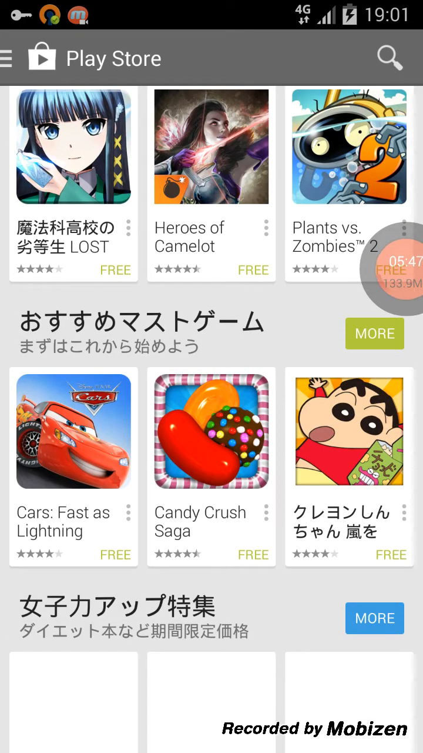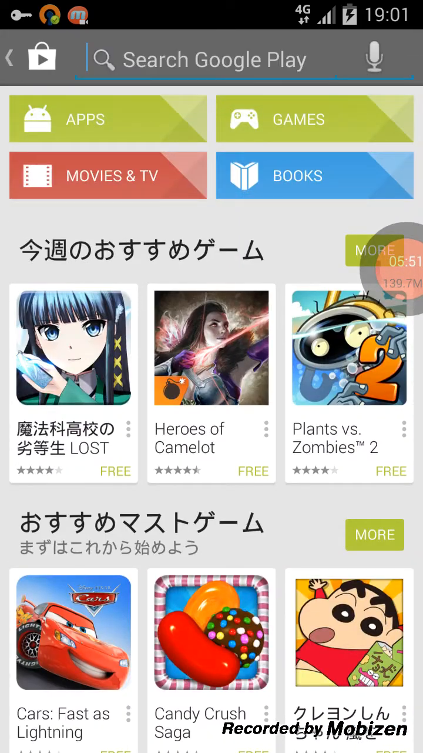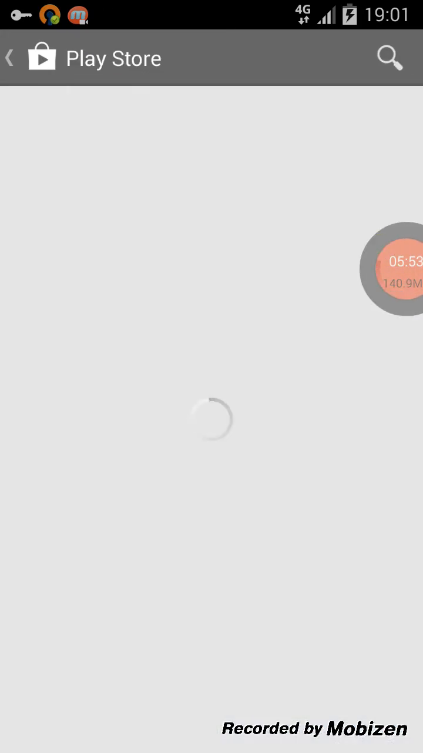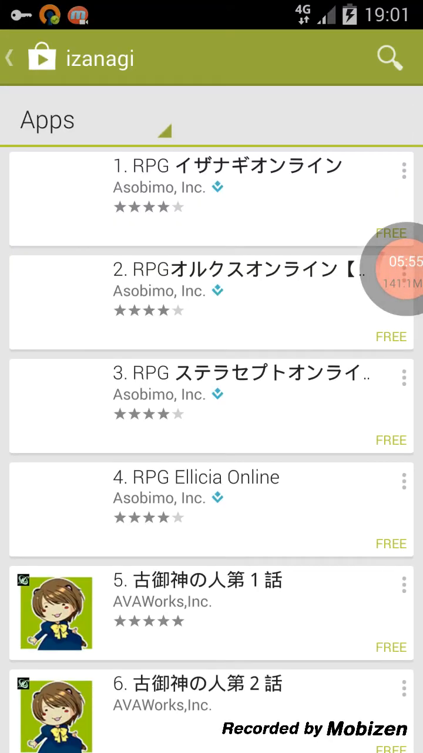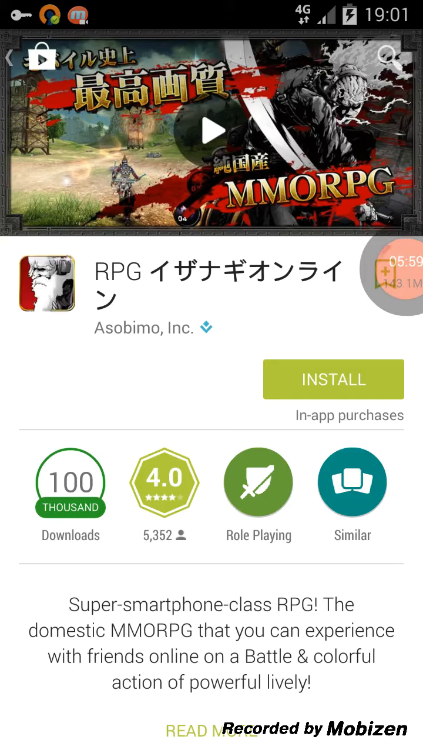So it'll have some of the English stuff, but you can see some of the writings all in Japanese. And if I search now for Izanagi, it'll come up. Not only that, but when I click on it, it'll let me install. Now, I'm not going to install it,